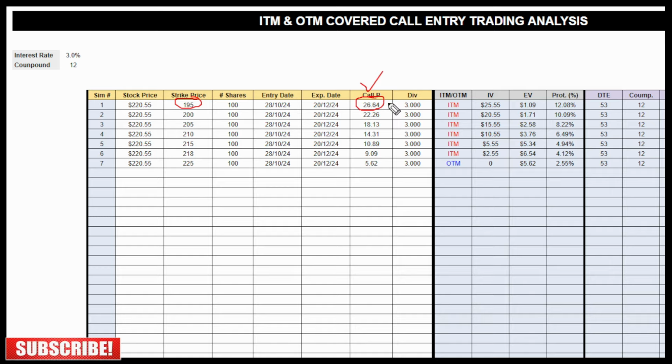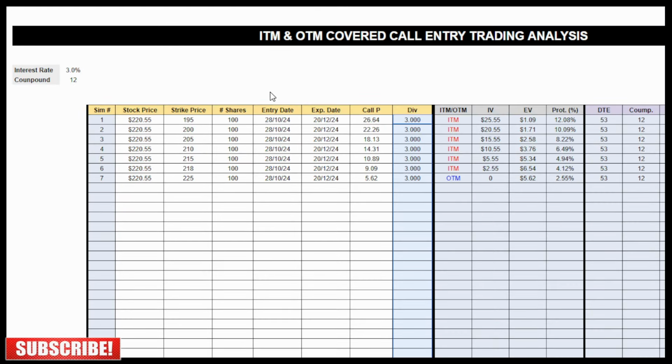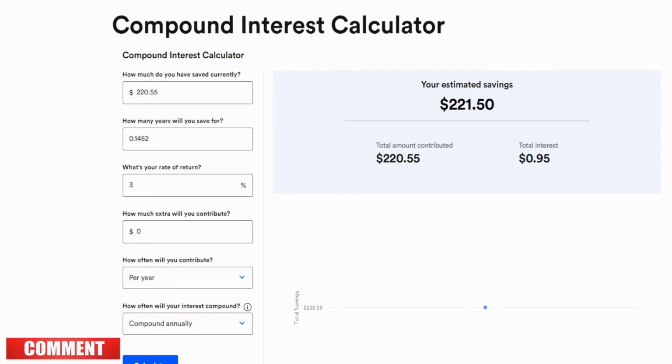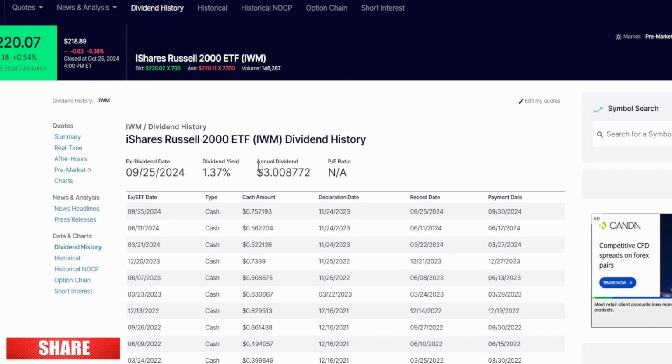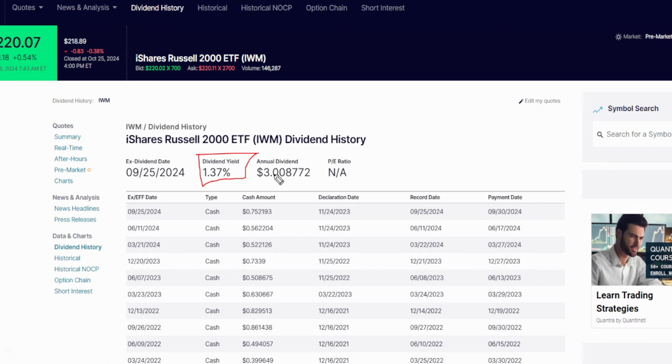Another thing we need to take into consideration here, guys, is that IWM also pays dividends, roughly $3 per year. Let me just format this into dollar terms so you guys can have an idea. This is how much the IWM pays per year, which is roughly, I think, 3%, if I'm not wrong. If I go back here, as you can see, the dividend yield is 1.37 per year, and right now it is $3. So basically this